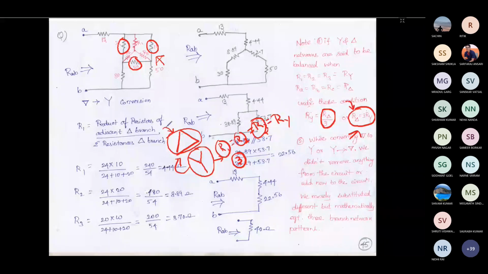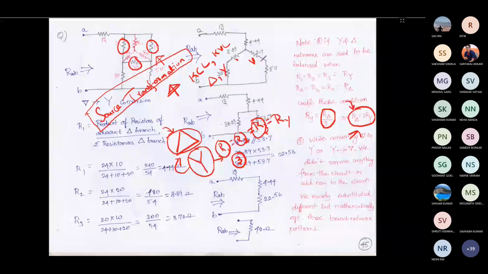We have completed star delta conversion, so from this we can solve all types of problems. Only one more basic topic we need to learn, and that is source transformation. If we learn source transformation, we can solve any kind of circuit from an electrical point of view hereafter. We have seen all the basics. If you have understood whatever we have discussed till today, then you can solve any kind of problem hereafter. Just by using KCL, KVL, and star delta combination, you can find voltage, current, and power for any circuit, for any element.